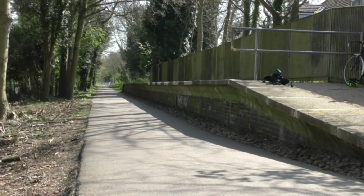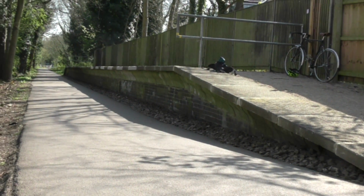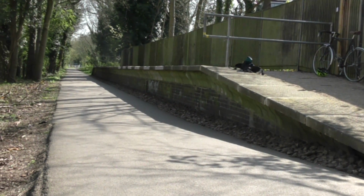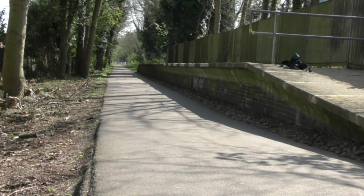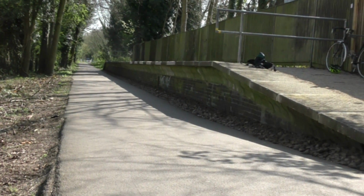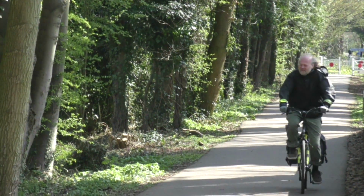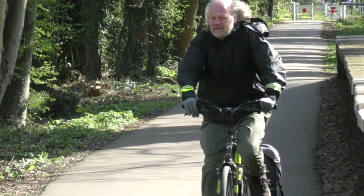Along the line you see the remnants of the old platforms of the stations that were served by this railway. They used to, in the First World War, wounded soldiers were brought here on their way to local hospitals, brought here by train from France. And right at the end there you can just see